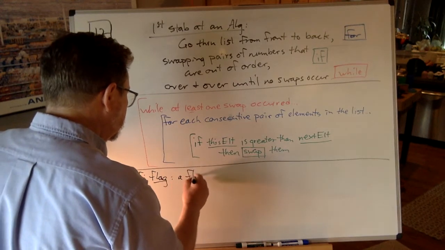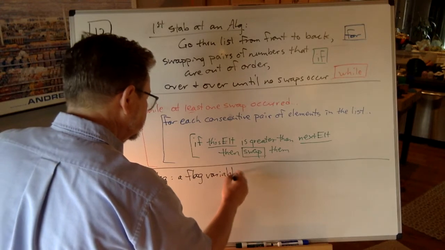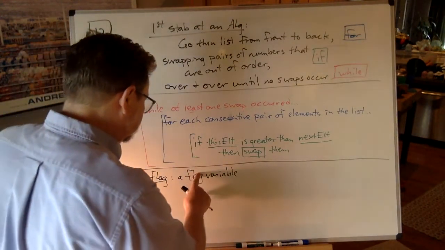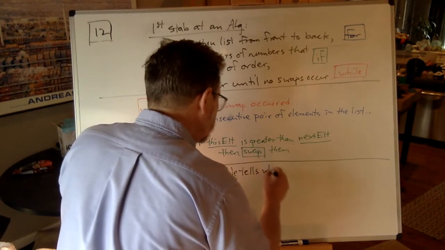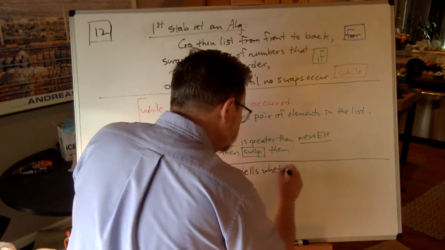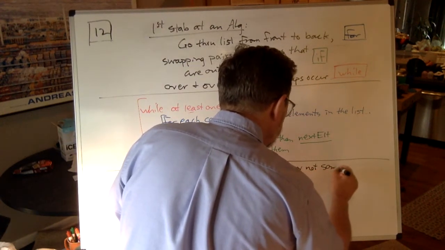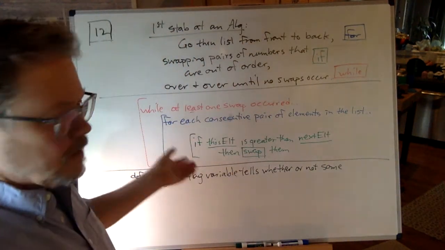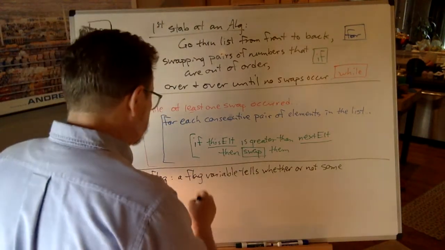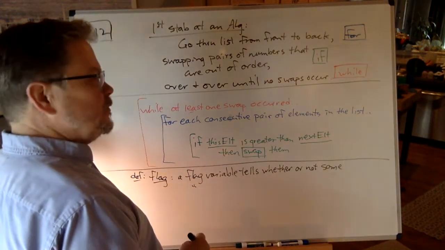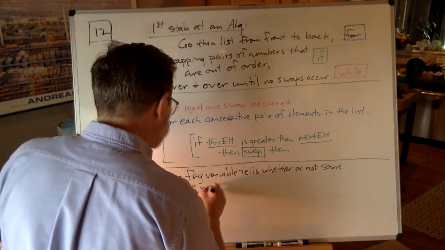A flag variable tells whether or not, W-H-E-T-H-E-R, whether or not some... oh, and by the way, all my definitions are working definitions. You're not going to find it written like this in your book. A flag variable tells whether or not some, and I got to put this in quotes, it was just so far off track terminology-wise. A flag variable tells whether or not some watched for,